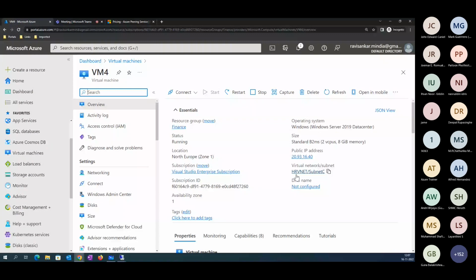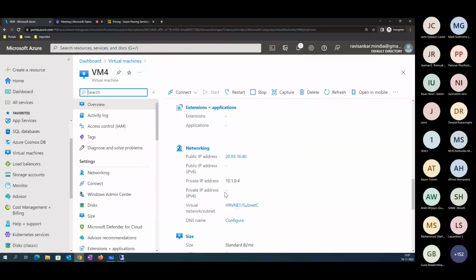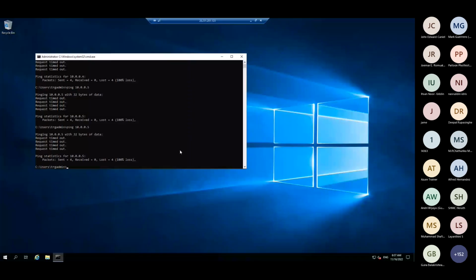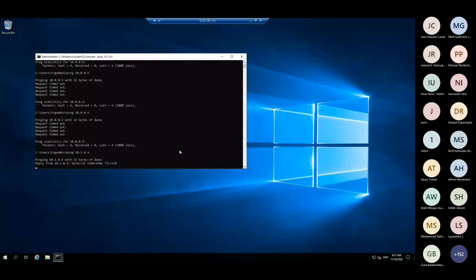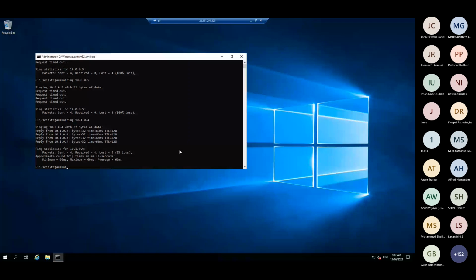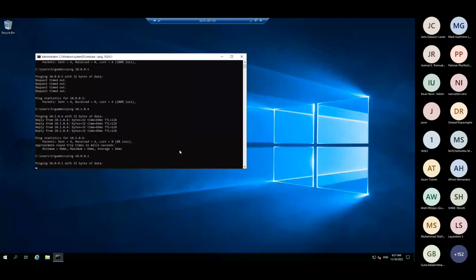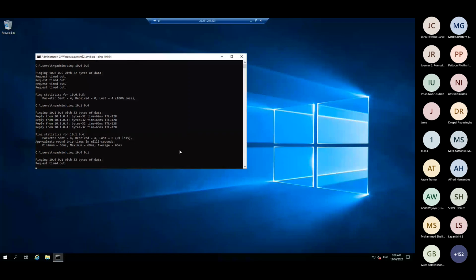Yes, HR VNet IP address 10.1.0.4. So you need to key in 10.1.0.4. You can see this is able to communicate now, because we have enabled a VNet peering here. But at the same time, if you're trying to communicate with a VM which is hosted in another network, see, this is not communicating. The point I'm trying to say here,